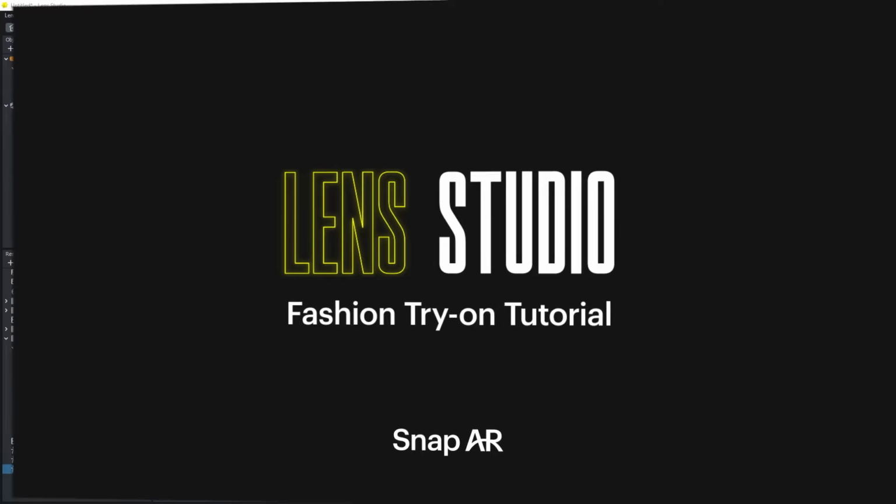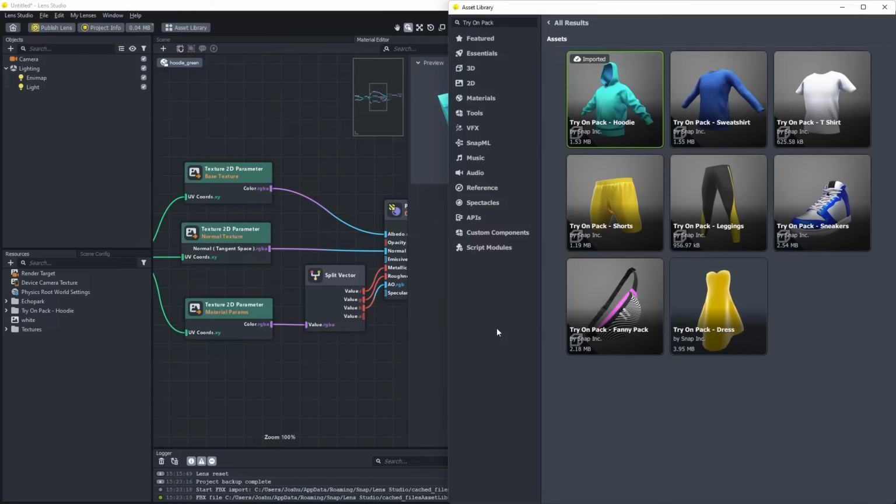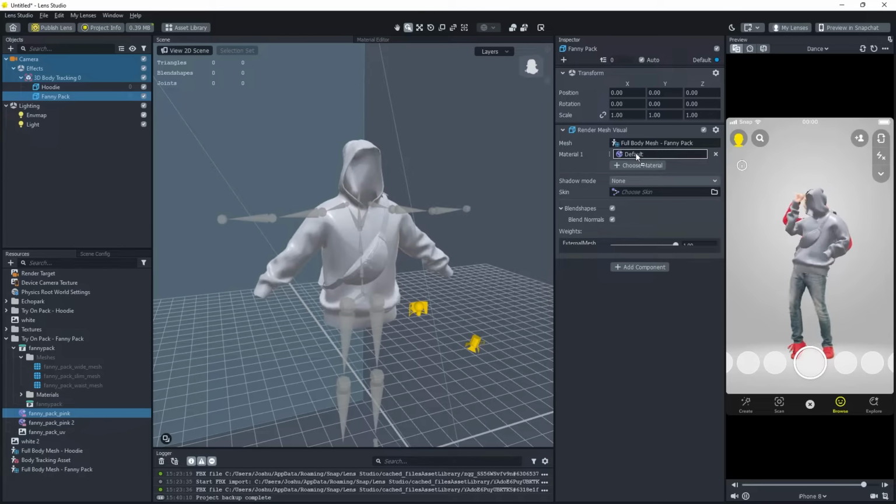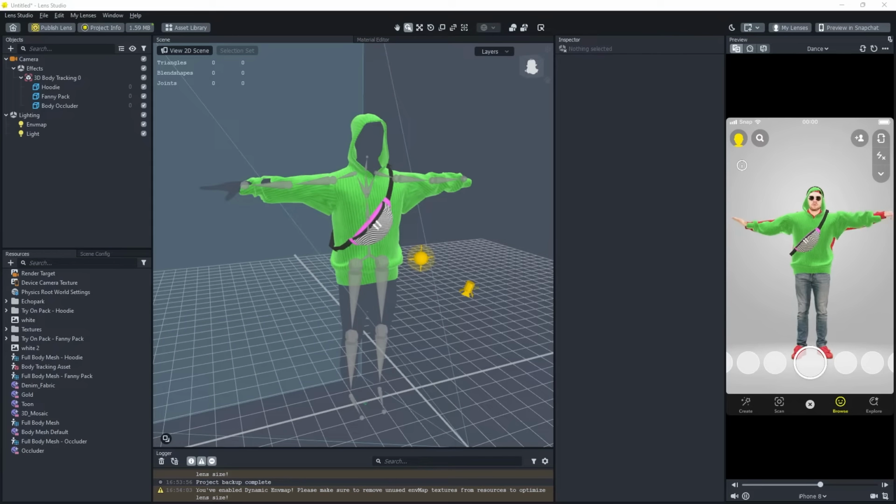In this Lens Studio tutorial from Snap AR, we will walk you through the creation of a lens which allows Snapchatters to try on a hoodie and a fanny pack. After completing the tutorial, you will be able to create your own lenses that allow people to try on clothing